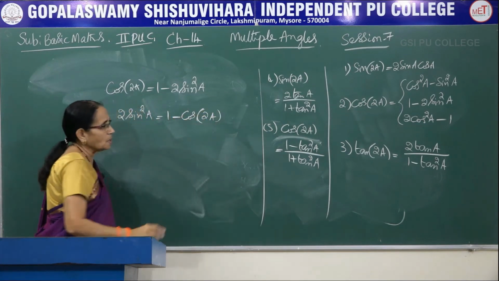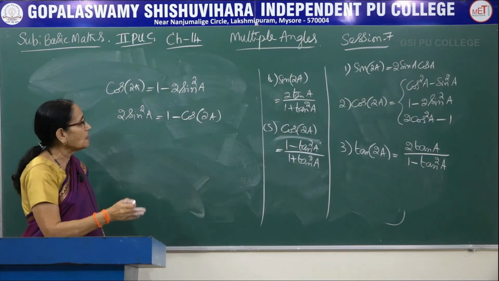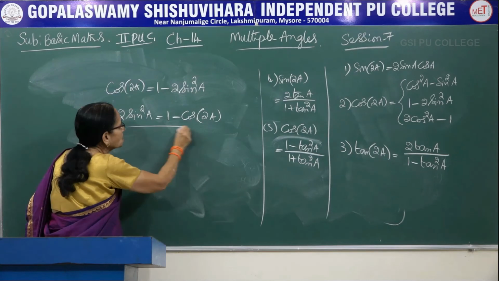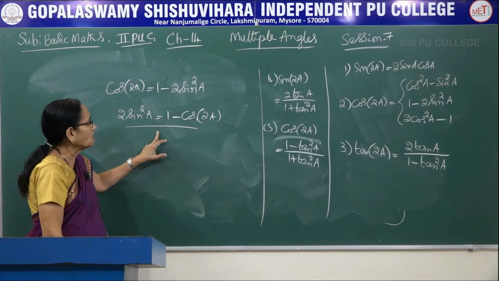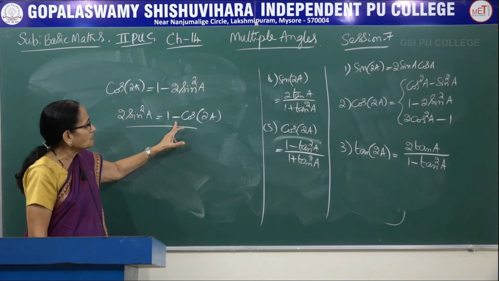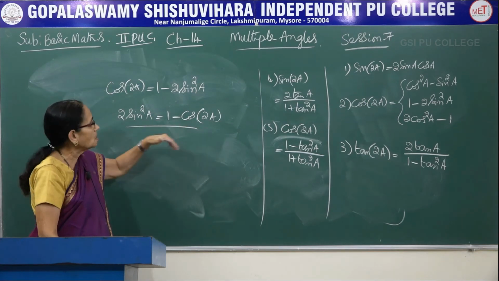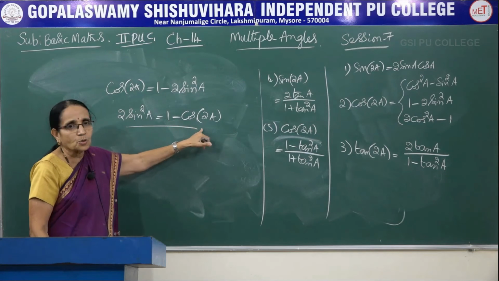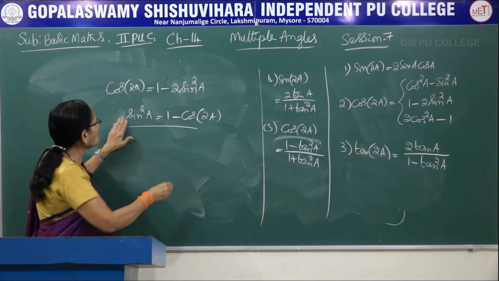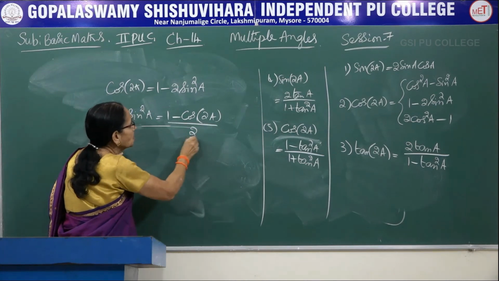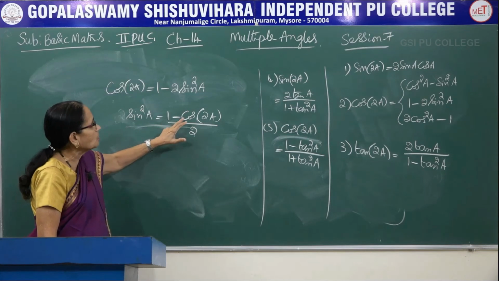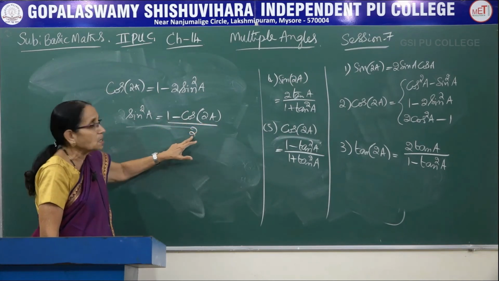The same formula. I have not changed the value of that one. I have written it in another way, so you can remember this also. That is, 2 sin square a can be written as 1 minus cos of 2a. If you come across an expression where 1 minus cos 2a is there, you can write it as 2 sin square a. Or this 2 can be taken to the denominator of the right hand side, so sin square a can be expressed as 1 minus cos of 2a divided by 2.